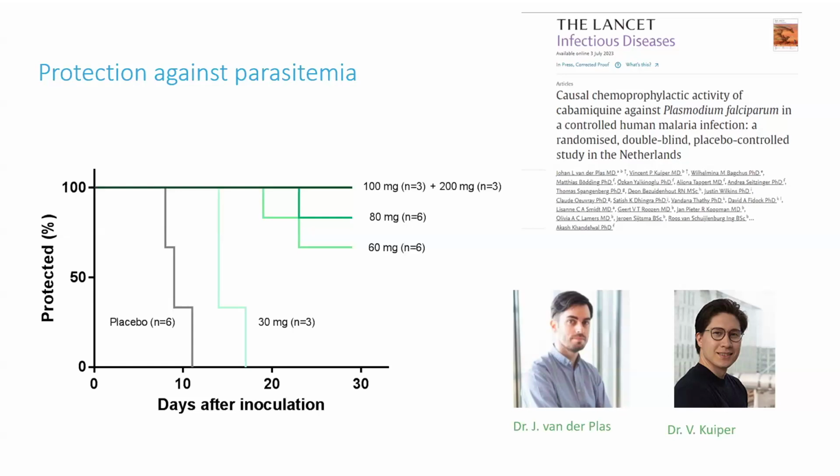So we started with 200. We saw complete 100% protection. Also with 100 milligram, we saw 100% protection. So we decreased, up until 60 milligram. No, 30 milligram. And that is not normal, the models are usually more predictive. Here, it was not predictive for the